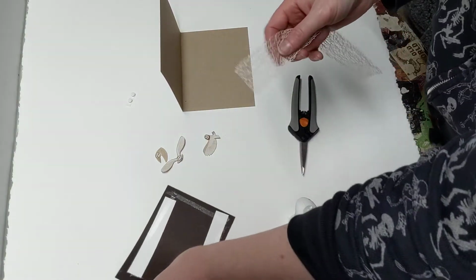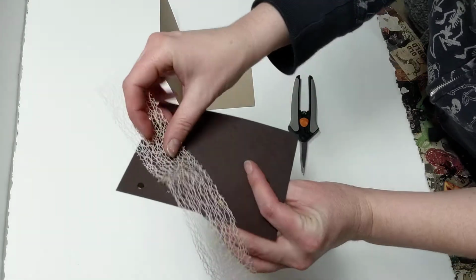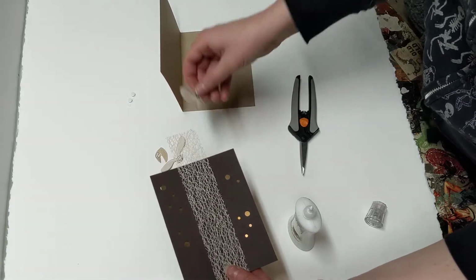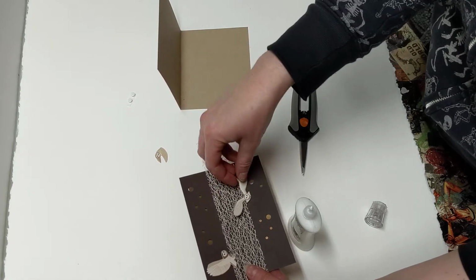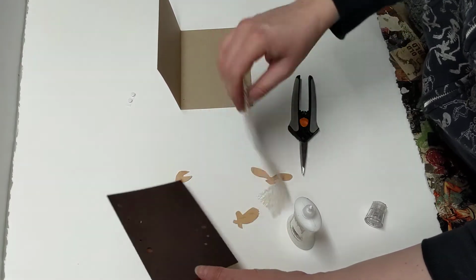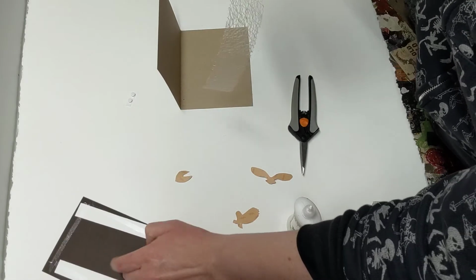Alright, so now with the double-sided tape, we're going to take this fun kind of mesh-looking ribbon, and I want it to be right here in the middle of my card. Now, before I glue this down, I wanted to show you what my idea is here. We're going to have our little owls kind of landing. This is going to be like a fence, or just a fun texture. It's going to be kind of in here, which means that if you want it to be a little bit different, you can cut your ribbon in half again,